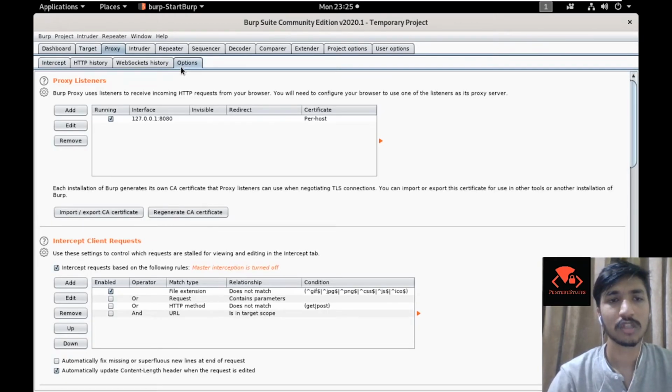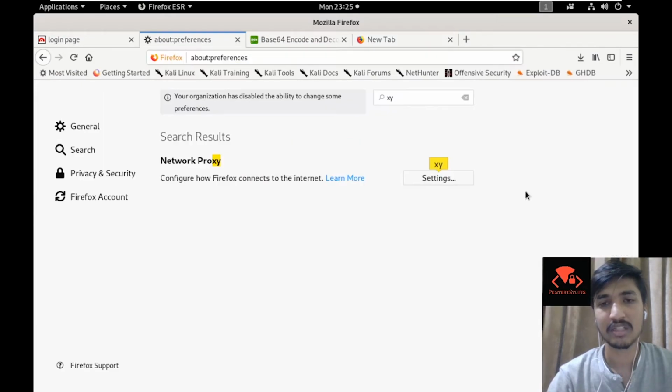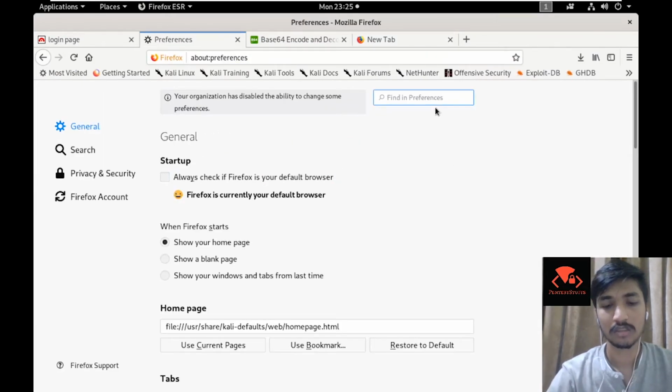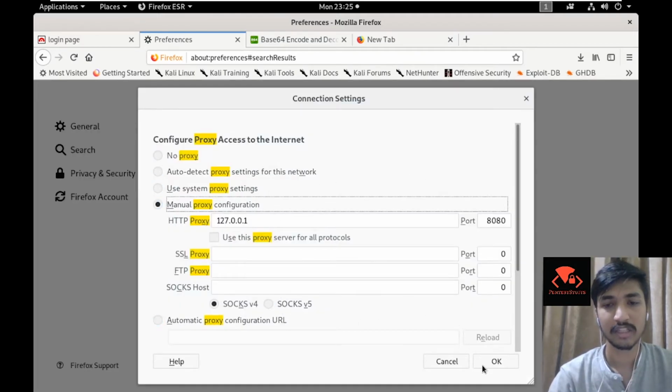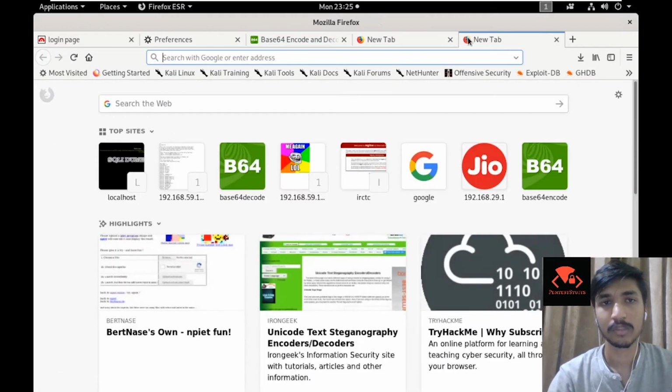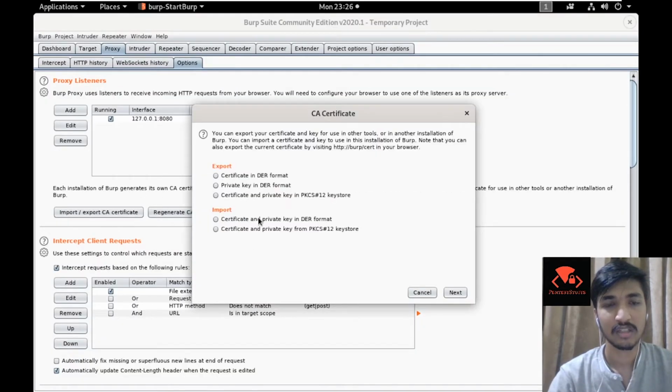For starters, go to the options in the proxy tab and check what your interface is, go into preferences, then your proxy settings, and do the same. Also, I forgot about one thing, which is storing the CA certificate.